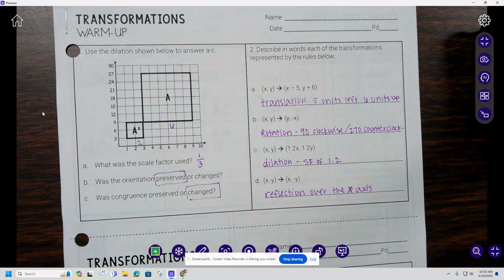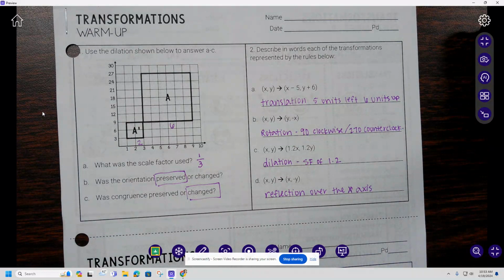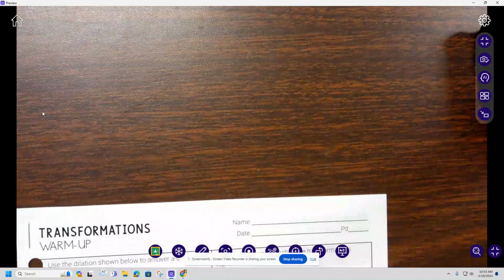If you got them right, great. If you didn't, go ahead and make that change. And then we will move on to your cheat sheet. All right, so